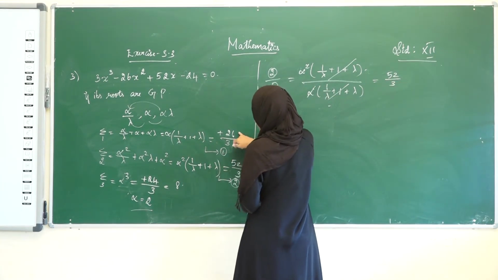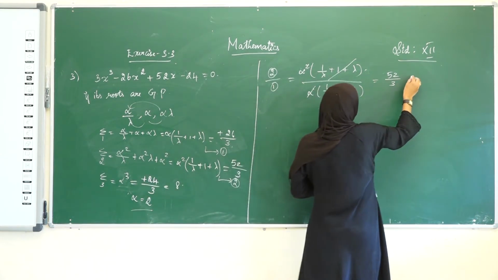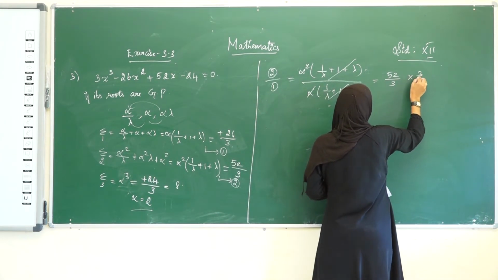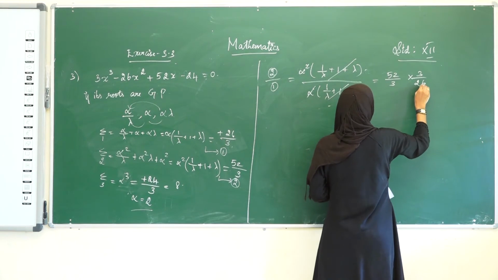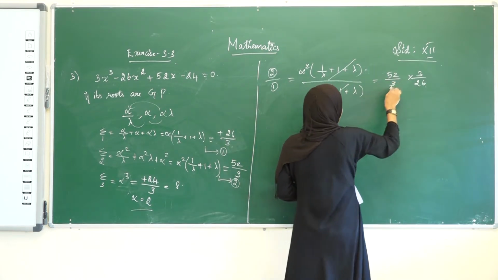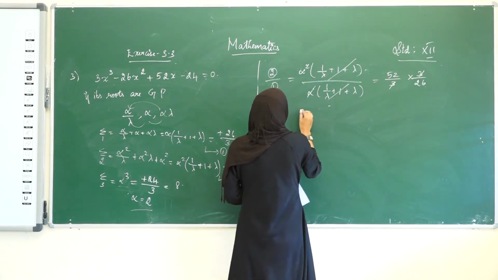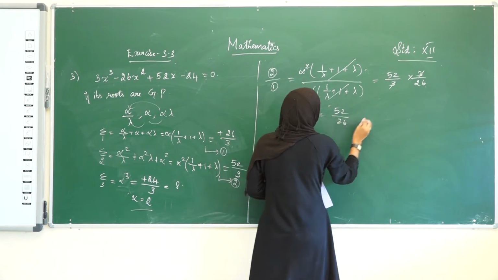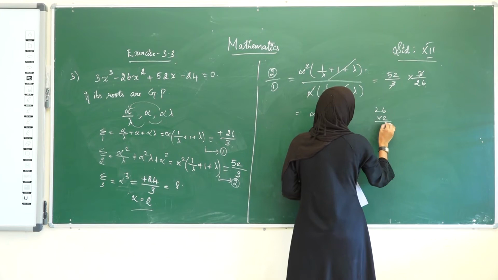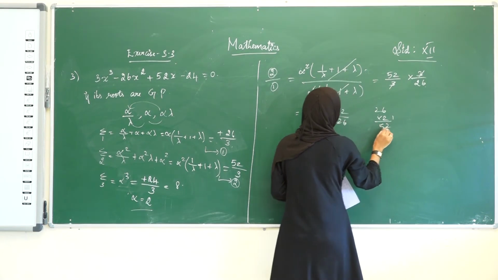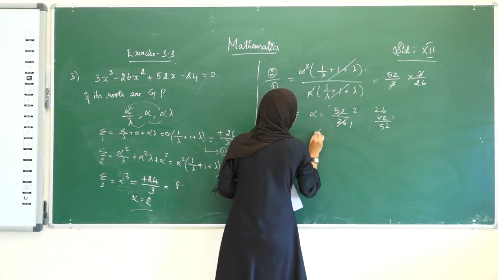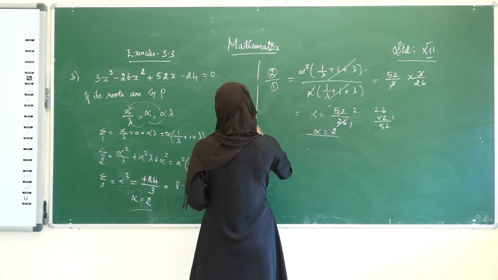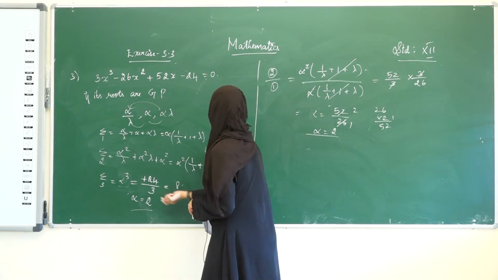The whole divided by 26 divided by 3. So, it becomes reciprocal. Okay, 26 divided by 3. This one and this term gets cancelled. See here, alpha is equal to 52 divided by 26. We know 26 twos are 52. Therefore, alpha's value is 2, that is the product of the roots.